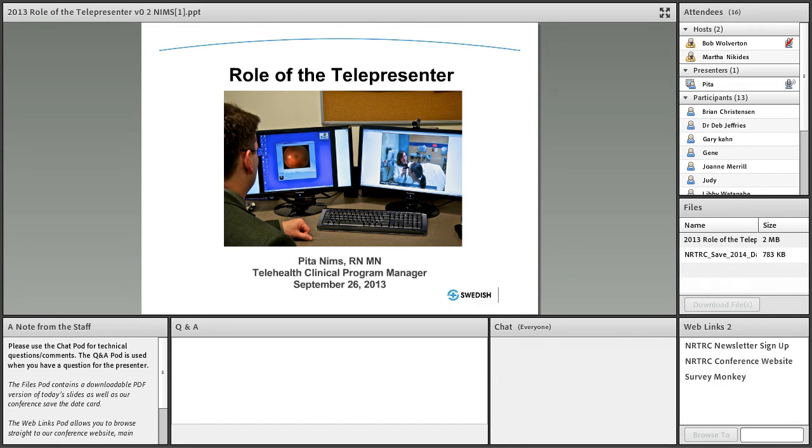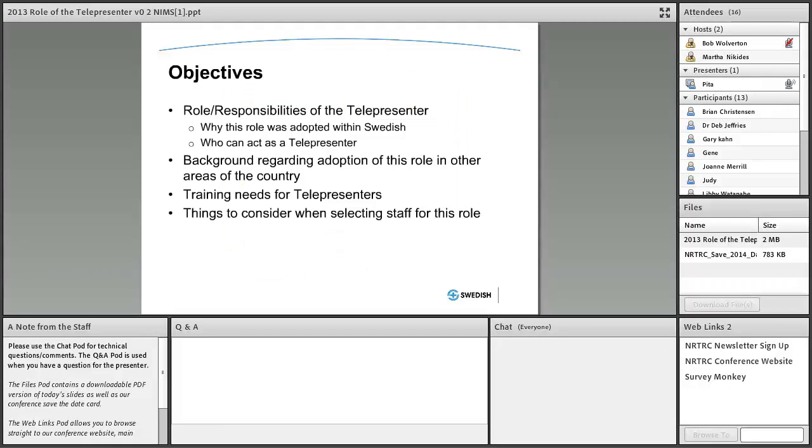So now we're going to do a little bit of a deep dive into what the role of the telepresenter truly is. I'm going to go over the roles and responsibilities, why we adopted this, which I covered slightly just a few minutes ago, who can act as a telepresenter, the background regarding the adoption of this role, why it was developed in other parts of the country, the training needs that I have discovered as I have rolled out telepresenting throughout Swedish, and things to consider when selecting staff for this role, which I think are very important